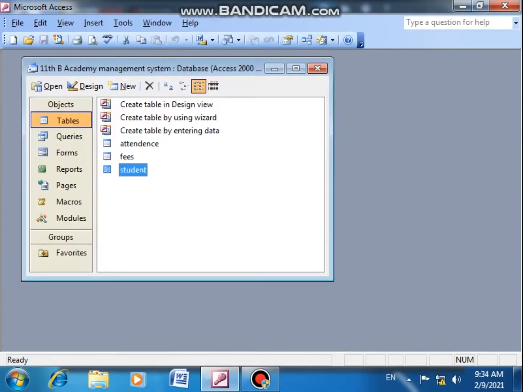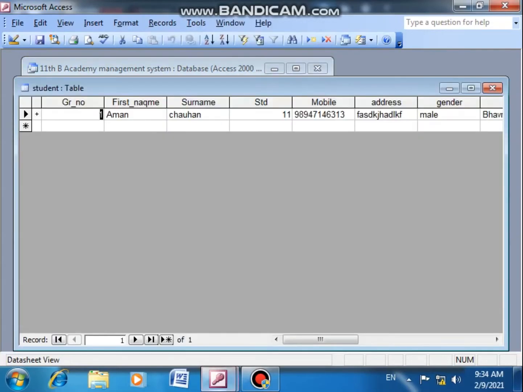Now the next step is that I am going to make entries in these tables. As we had seen in the last lecture, it does not show the whole table like Microsoft Excel. It shows only the current record in which you are doing the entry, and as soon as you enter the record, then it will be shown, but it will not show a blank table. So now I will do the entry.